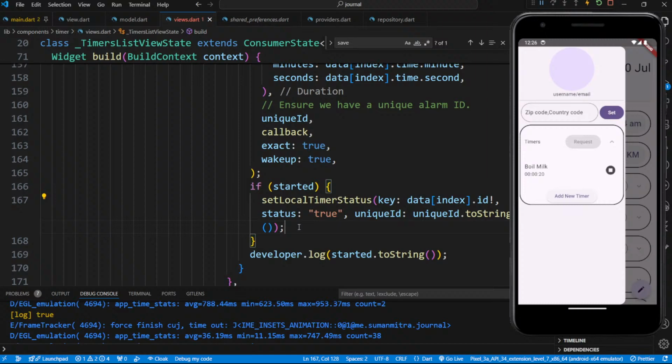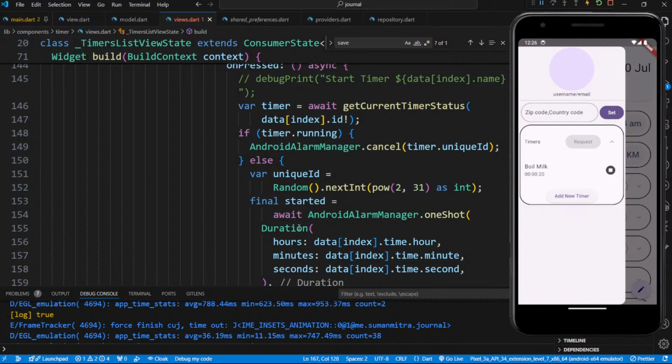Okay. This is correct. And when you cancel, what can we do is